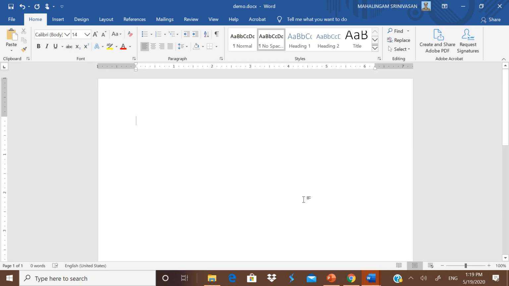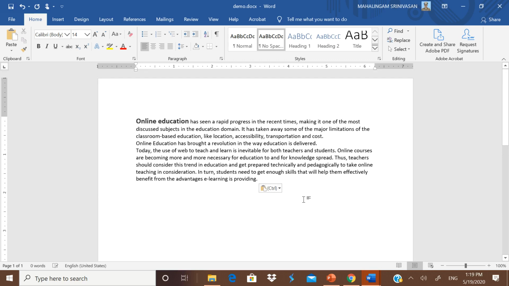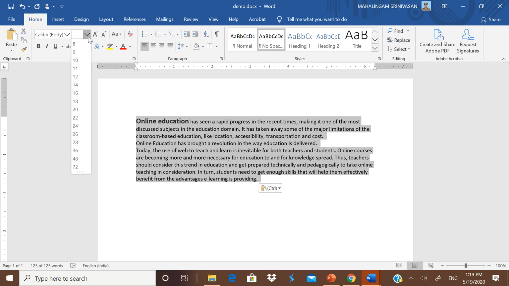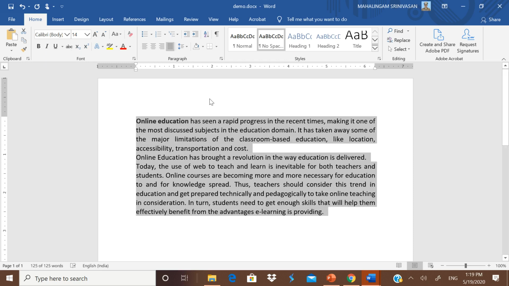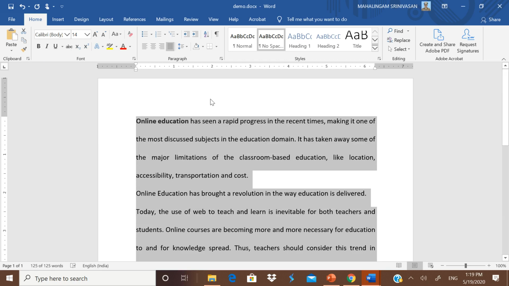Now I will just paste some material which I have already done. I have done some material on online education. For now, this actually has only a very small one. Therefore, I will make it 14. You can justify it by making use of it. Suppose you want to give some space, Control 2 will give you 2 line space.